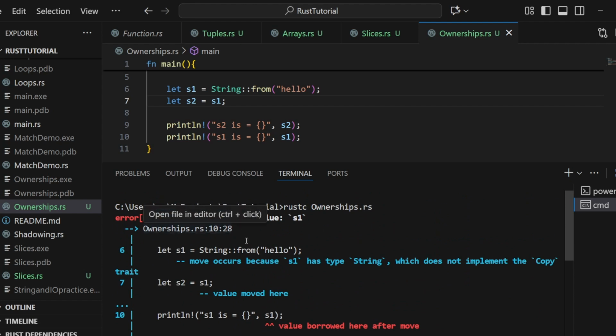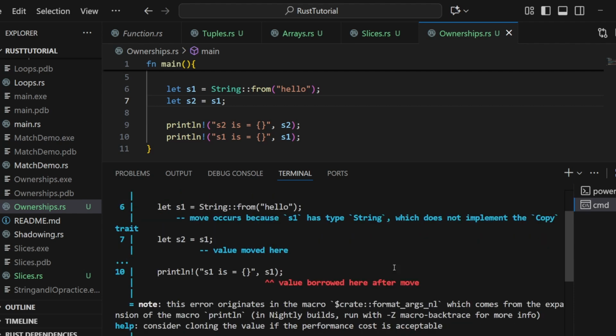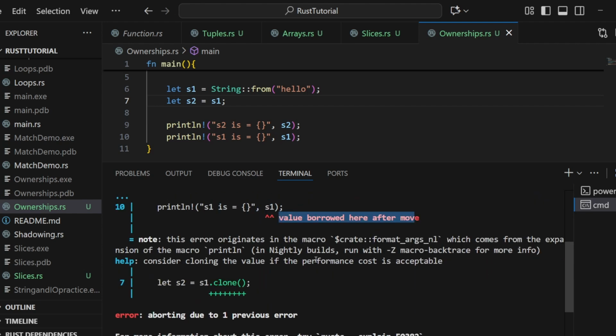So here look: borrow of moved value s1, value borrowed here after move. That value is borrowed from s1 into s2, and ownership also moved from s1 to s2. Hence, s1 is not existing in the memory of the Rust. It got removed from there,